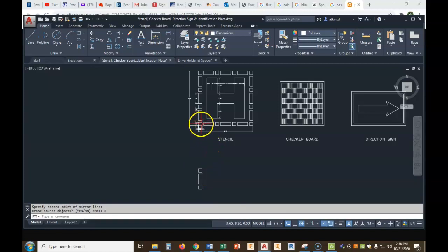Now notice something. So I've got here, here, and here. What I've got left is another long, another short, another long, and another short. Here's where copy comes in handy. I'm going to go to copy, and I'm going to copy the long and short box. There we go. Now where's my base point? Well look, if I click on the bottom corner and then go to the bottom corner of this box, and then the bottom corner of that box,